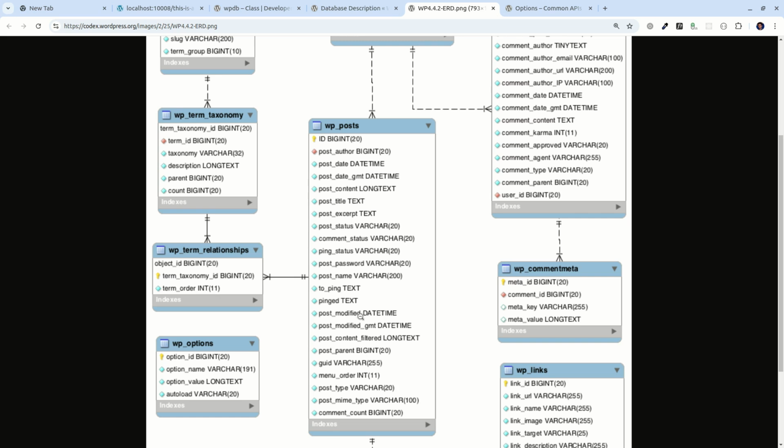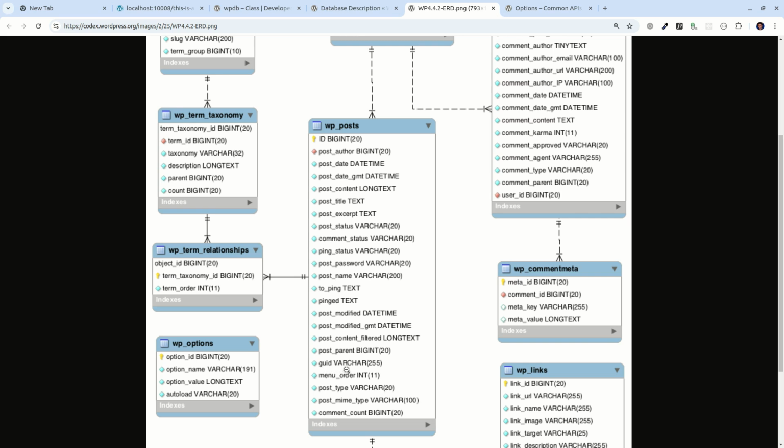Pinged, post modified, this could be important. And post modified GMT, post content filtered. Maybe it's not useful in your day-to-day life, or maybe it is. Post parent,